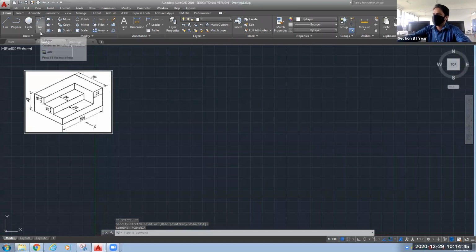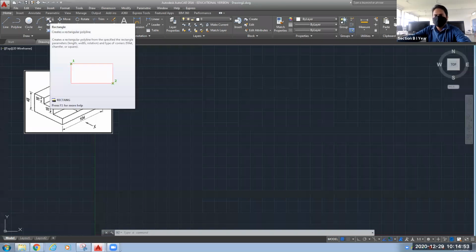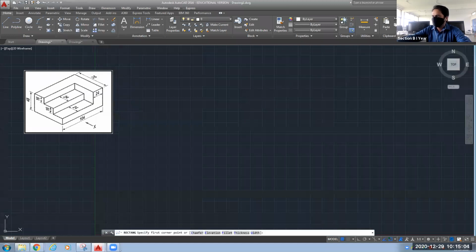I will draw one rectangle. For the rectangle, we can go through this command option on the top. You can see one tab there, that is rectangle. You can draw using this icon. Click over this. It will ask you to specify the first corner point.